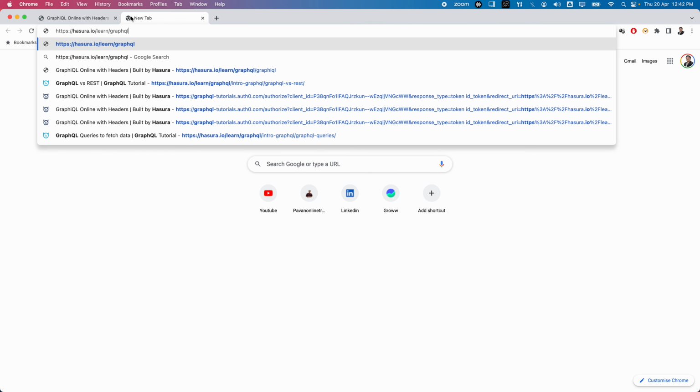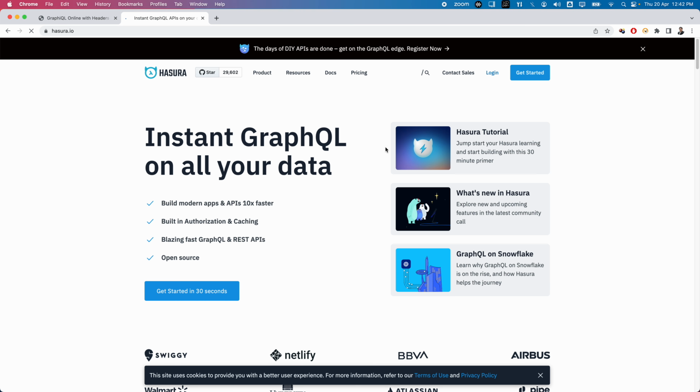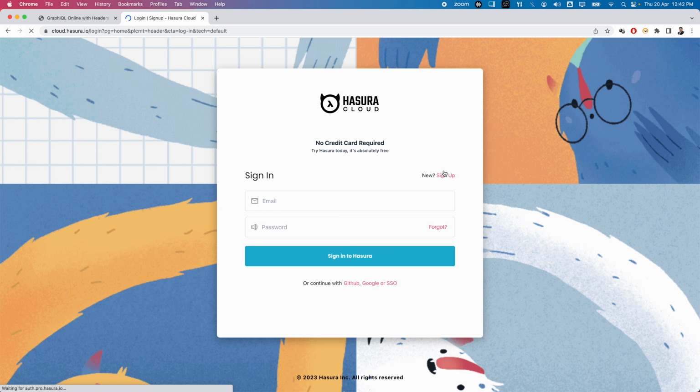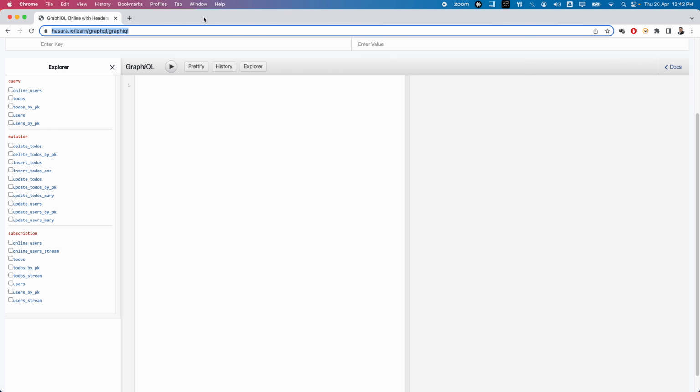If you want to create a login, first of all you need to go to this website like this, and then you need to click on the login. If you don't have a login, you need to first sign up. Once you click on sign up, you will be creating that account, and with that account you need to log into the website. As soon as you log into this website, this is the URL you need to use to access all